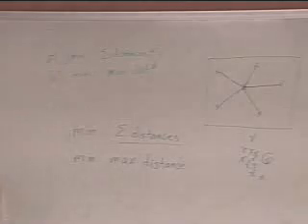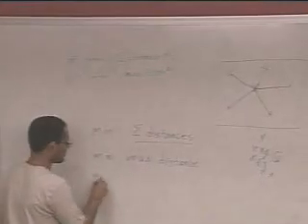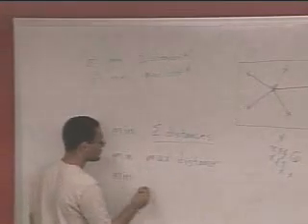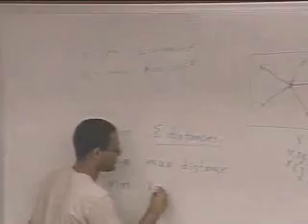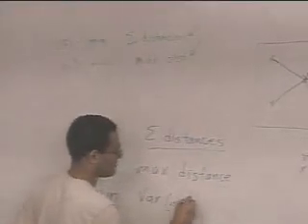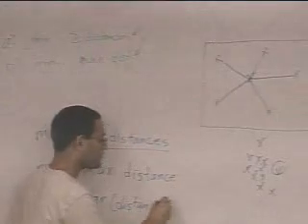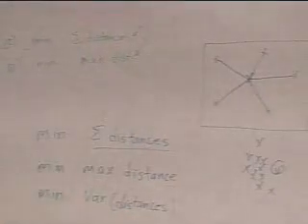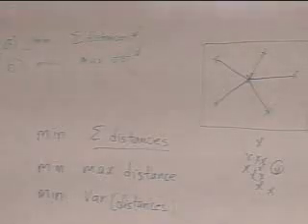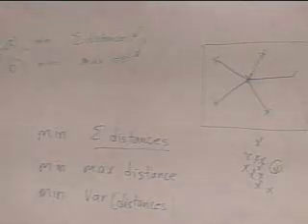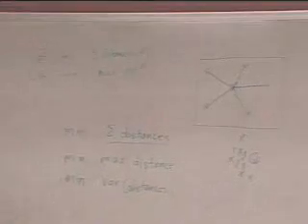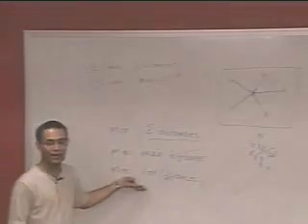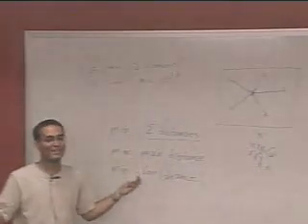Now you might like to do something else. Somebody might say, okay, forget these two. Let's try to minimize the variance of the distances. So what would be the rationale behind this? This is going to say try to give a service level equally to everybody. So we are trying to minimize the difference of the service level. So this might end up giving you a higher value, but you're going to make sure that everybody gets the